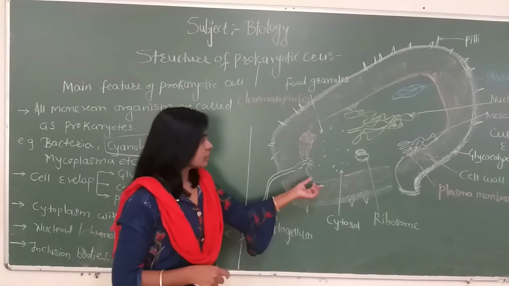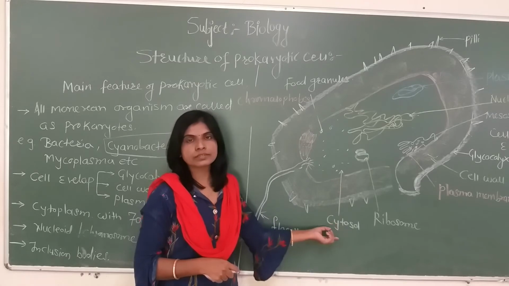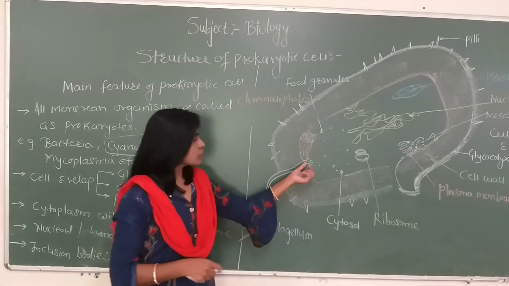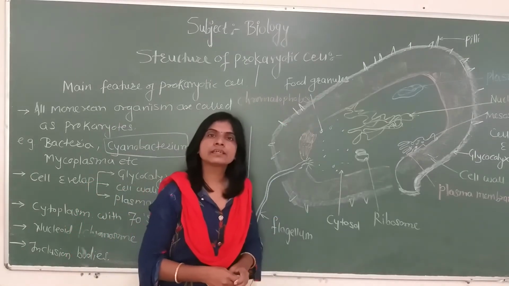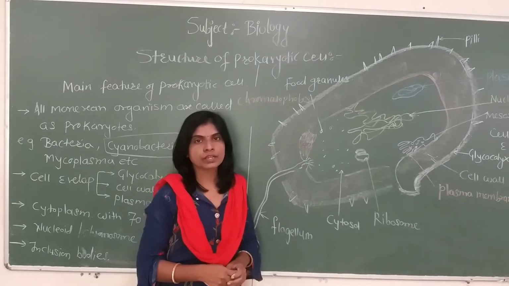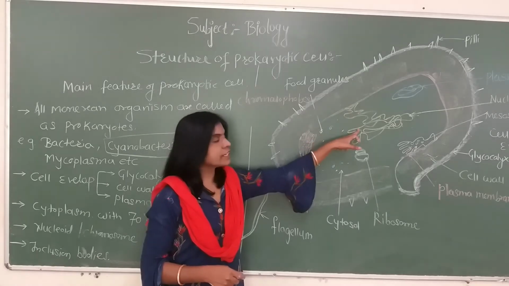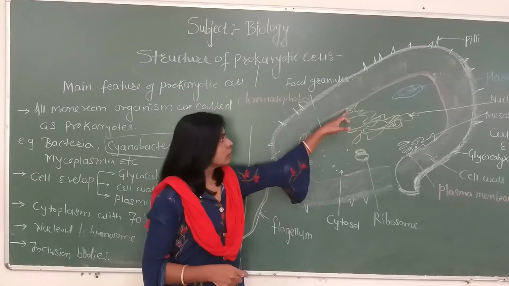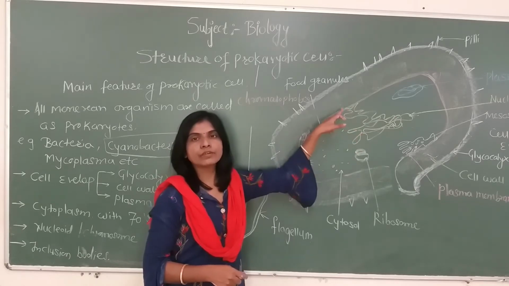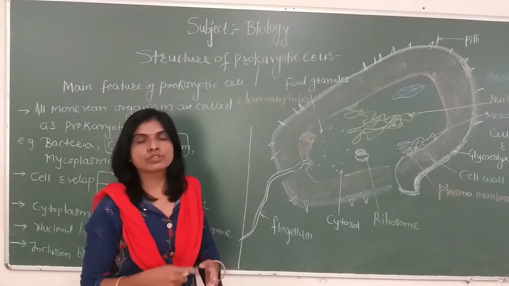Other functions of the plasma membrane: it is involved in transportation of substances from one bacterium to the adjacent bacterium. The plasma membrane gives rise to extensions. For locomotion, flagella, fimbriae and cilia-like extensions arise from the plasma membrane. The plasma membrane also provides the surface of attachment of the genetic material, which we call the false nucleus or nucleoid. This nucleoid is freely scattered in the cytoplasm, and at one end it is attached to the plasma membrane. So in this manner, the plasma membrane gives the membrane systems.